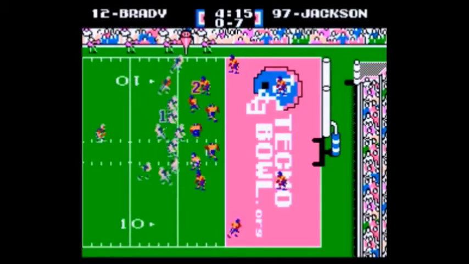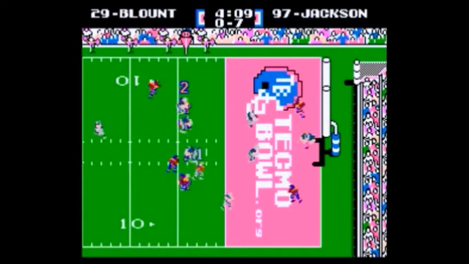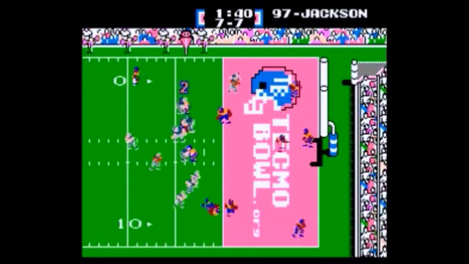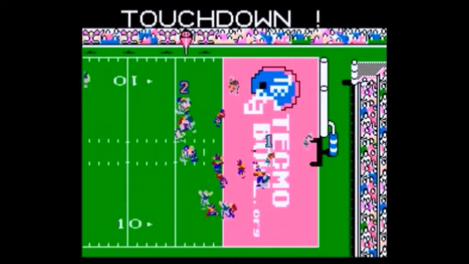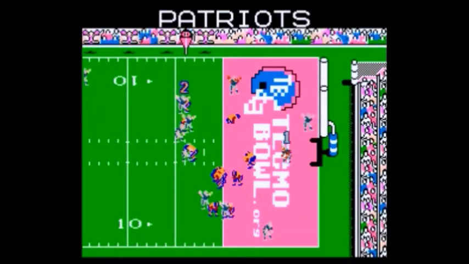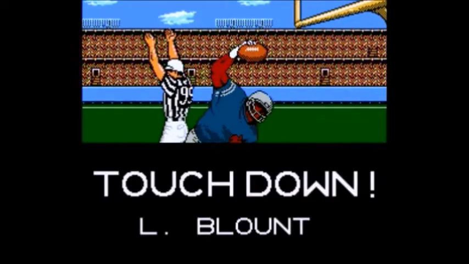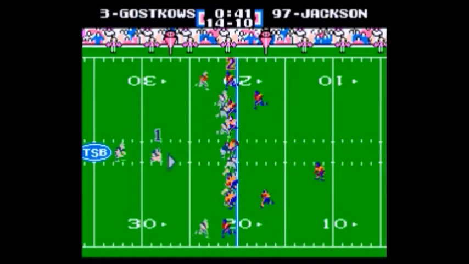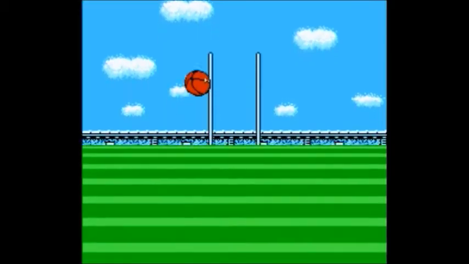It would be Brady and the Patriots. First and goal at the 4. It's a handoff to Blount off guard, and he's in for the touchdown. Later in the second quarter, it is back to the past as LeGarrette Blount jumps in. Same play. First and goal at the 4, and just like that, LeGarrette Blount doing his thing. Going to halftime, it was 14-10 Patriots over the Broncos.